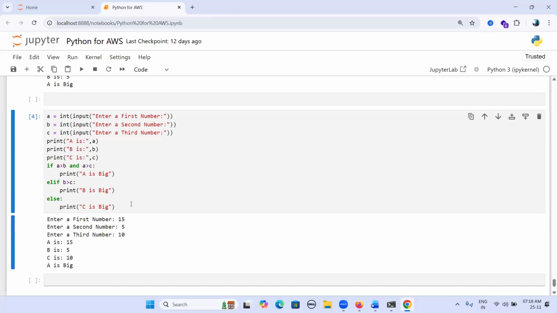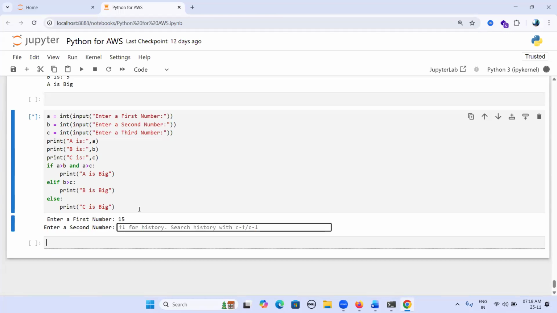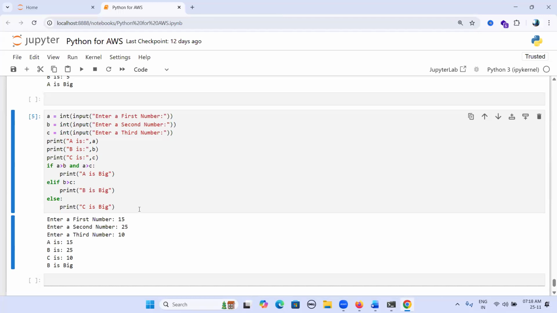A is bigger. Let's once again execute a shift enter. 15, 25 and 10. B is bigger. Okay, clear. Conditional control statements. How we can use conditional control statements in Python?